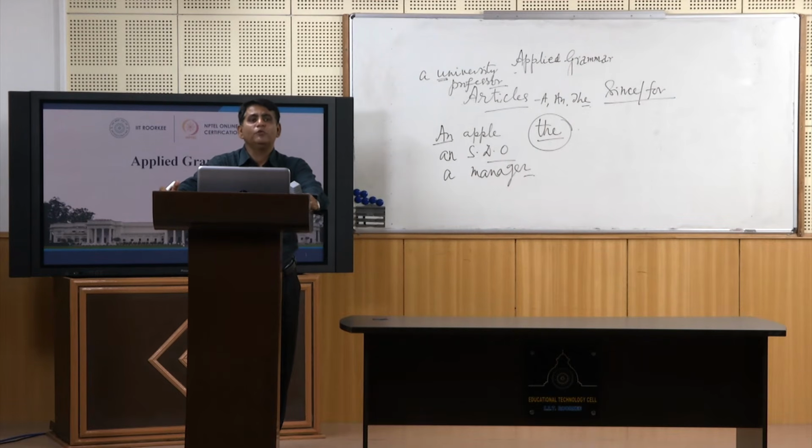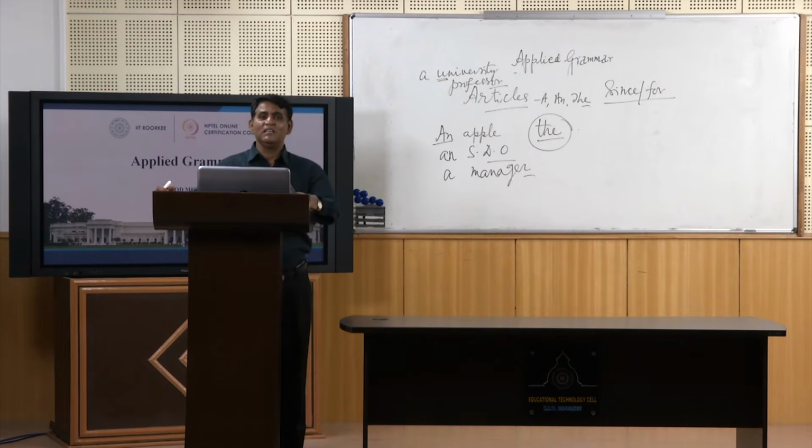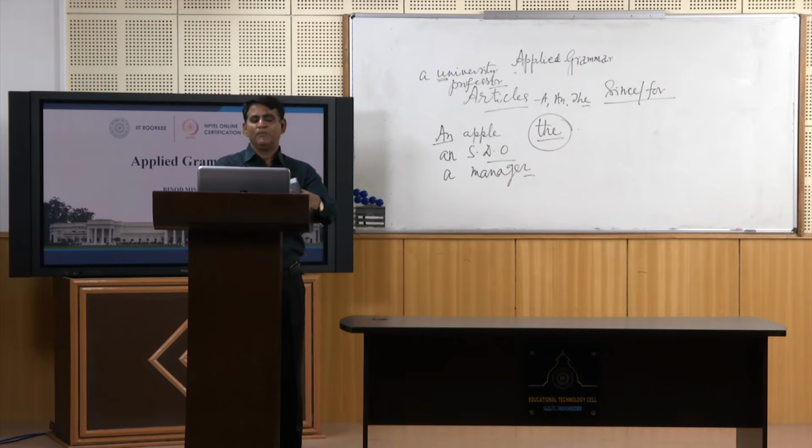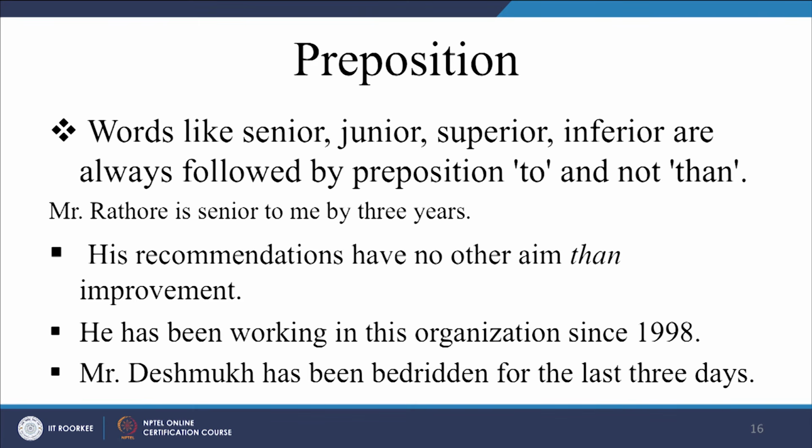So whenever you feel that you are totally aware, you have to use, and you know such a thing will be only in present continuous or in any present perfect continuous. I have been teaching, he has been teaching since, and when you say since, you have to point out the specific time. That is, for example, if I say Mr. Deshmukh has been bedridden for the last 3 days,